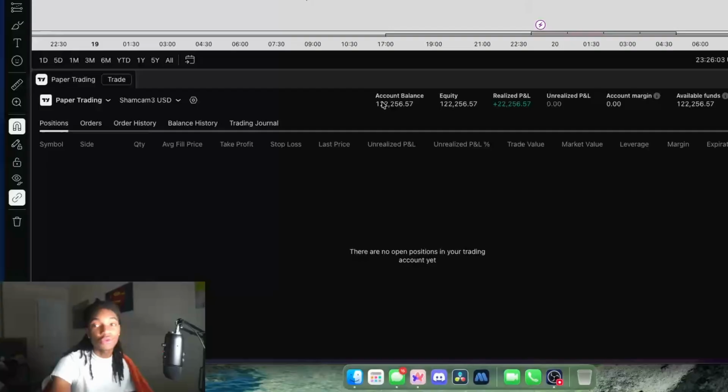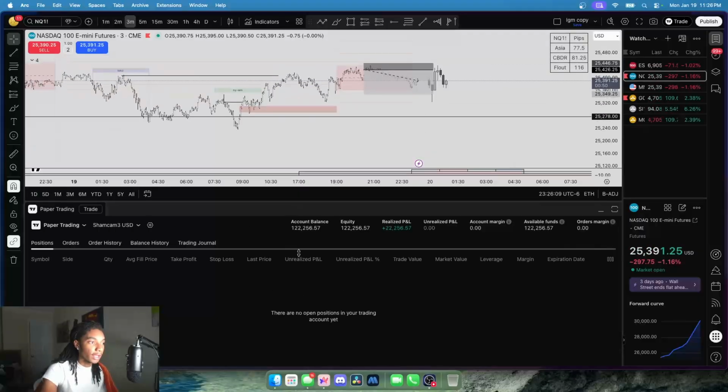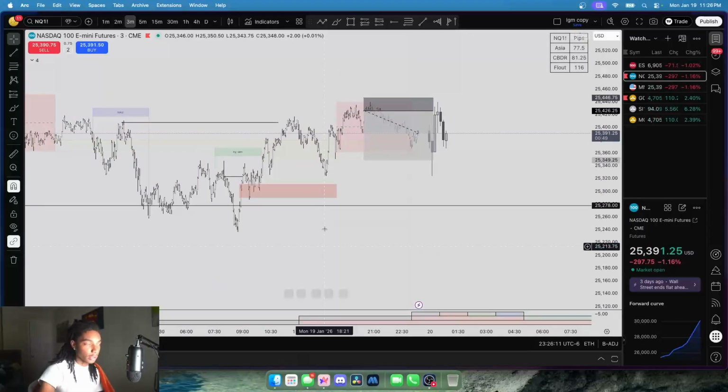I got 22 bands in this account right here, right? So your account isn't going to look like this. Probably going to have 100K flat. And yeah, now you can paper trade, right? And all you would do is click buy or sell up here. If you know, sell means you're going down, buy means you're going up, betting on price going up, or you